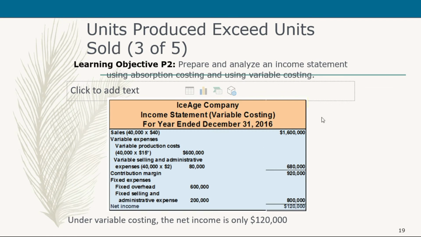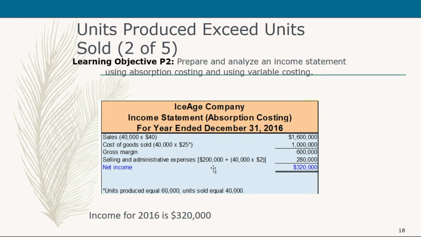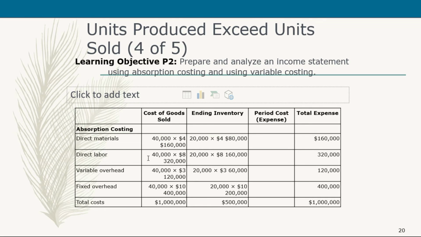Under variable costing, your net income is only $120,000, whereas with your absorption costing, it will give you a net income of $320,000. So here's the breakdown of how we computed the cost of goods sold, your ending inventory, and your total expense. To visualize it better, we have here the breakdown of computing the cost of goods